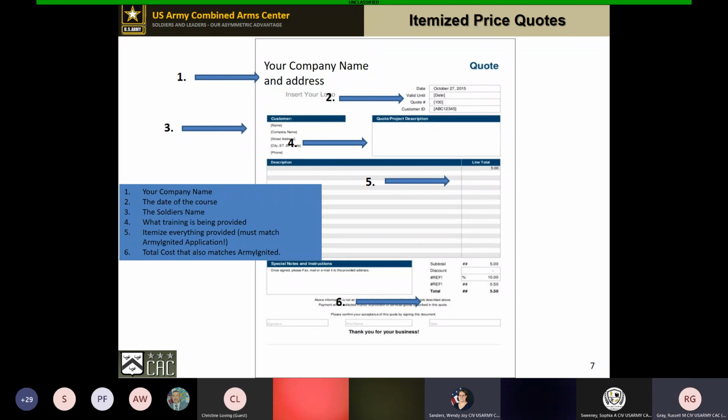Okay, go ahead. It says, we offer courses through a third-party vendor. Does the Army need to know the third-party vendor name or only our name as the provider? So we need to know your name as the provider, and the certificate of completion should come from you, that that member has completed that course.